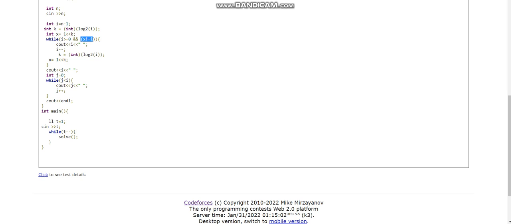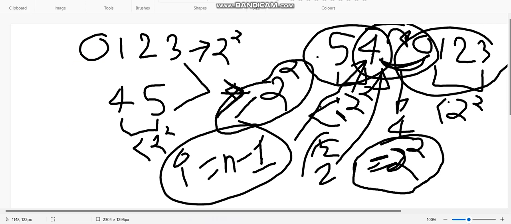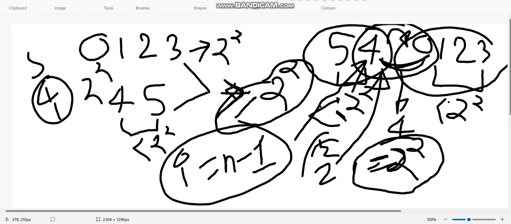Okay, so if n is equal to 6, then i will be 5, and you print 5. Now it will be 4. Now you will find the value of x, which is the leftmost bit. Basically we are checking whether x is a power of 2 or not. So x will be 4 itself from here. So x is 4, i is 4, so you can say it is a power of 2. So obviously we will print 4 here. Now I will start from 0 and print the remaining elements, as I told you in that graph. I have printed 4, 5, then 4. Now it is a power of 2. Now you can start from 0, 1,